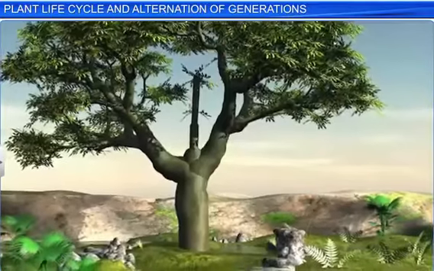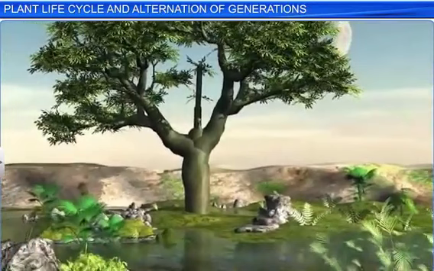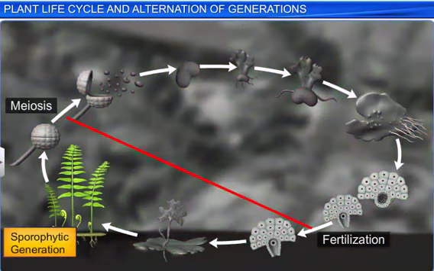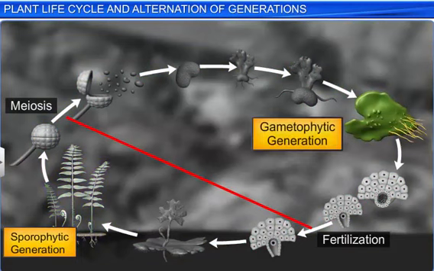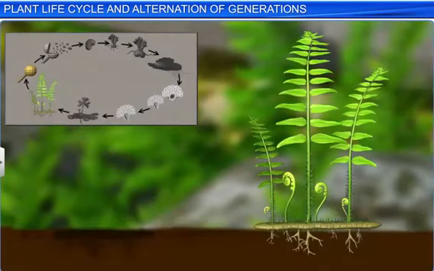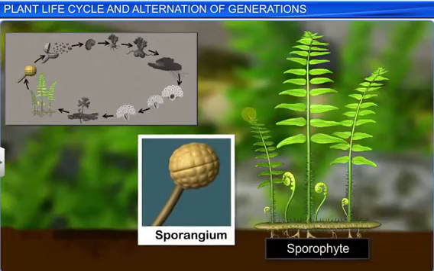If you observe the life cycle of any sexually reproducing plant, you will notice that it alternates between a sporophytic generation and a gametophytic generation. This is termed as alternation of generations. In the life cycle of the fern, for instance, the main plant body, a mature sporophyte, bears sporangia,